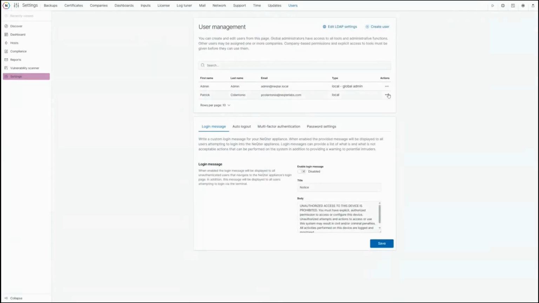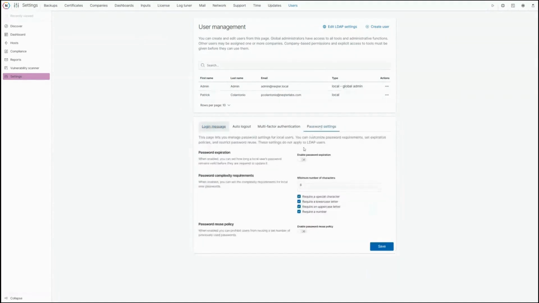I'll just remove this user, and I'll also reset the password. It will reset and send the user a new temp pass. When they log into NeQter, it's going to prompt them to make a new password. And the new password is going to be based upon whatever password settings you've set up right here. So the different items are going to include